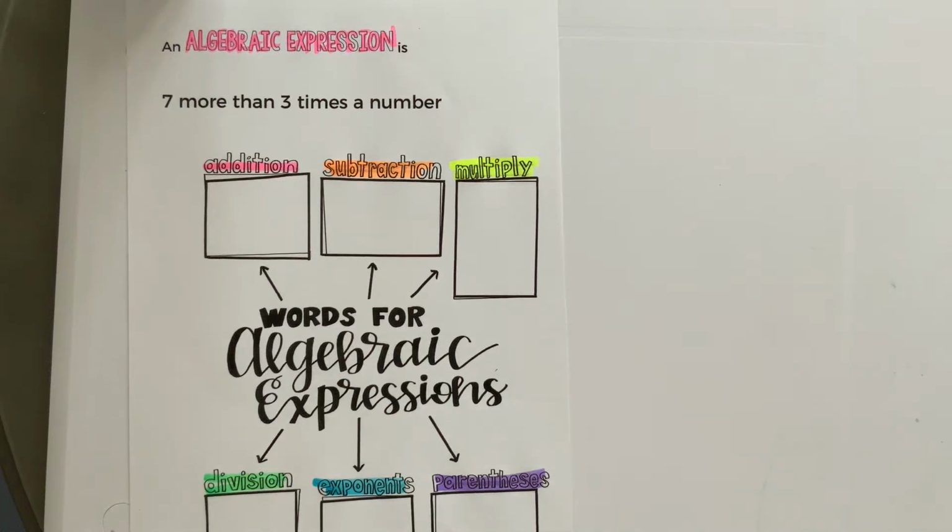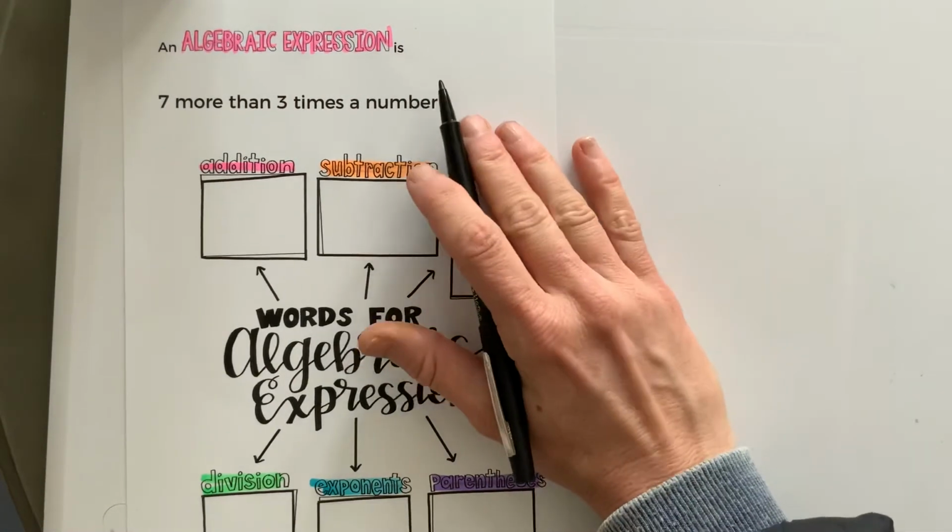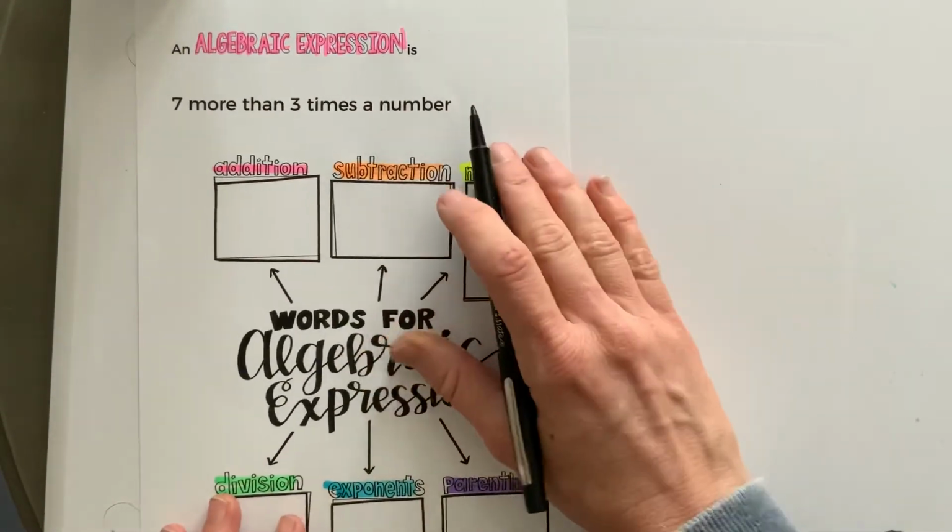In this video, we're going to be learning about algebraic expressions. An algebraic expression is a mathematical phrase with terms made up of variables, numbers, and operations. So go ahead and write that definition with me here. An algebraic expression is